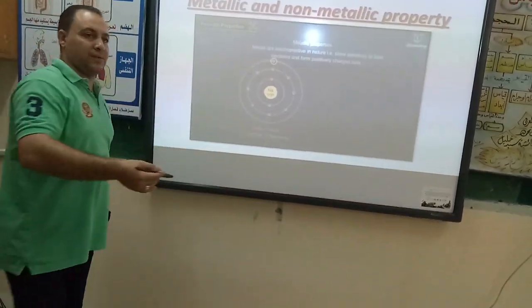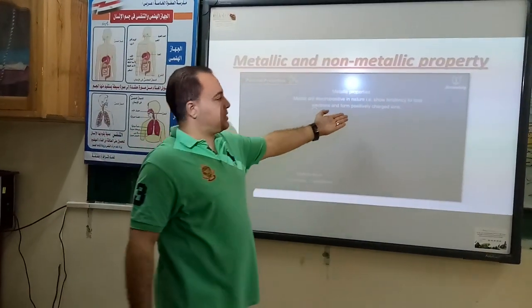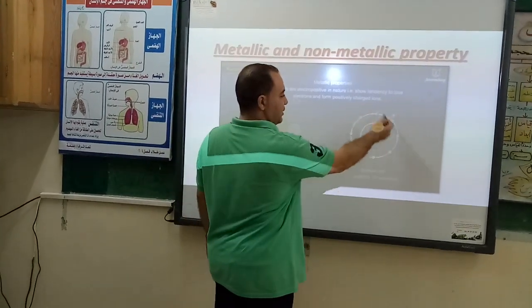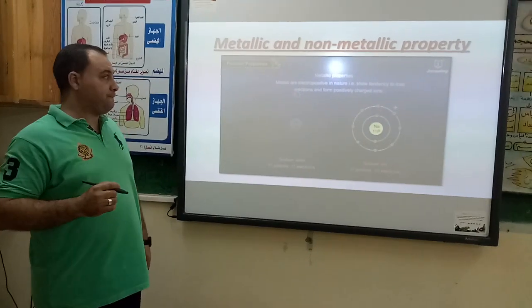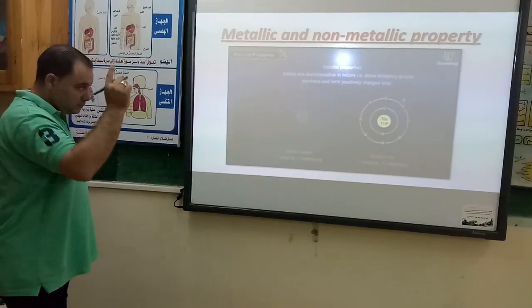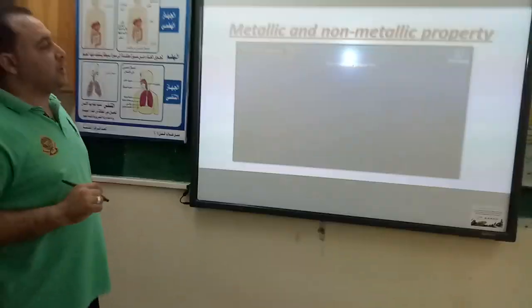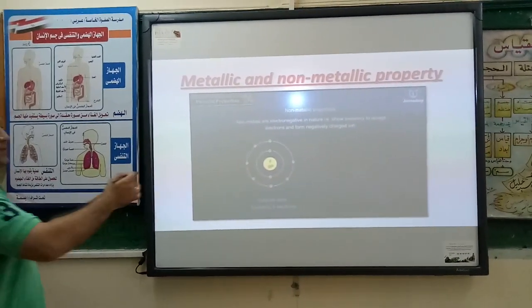So it loses this electron and changes to a positive ion with configuration 2, 8. Okay? Nonmetallic property is the opposite side. As fluorine